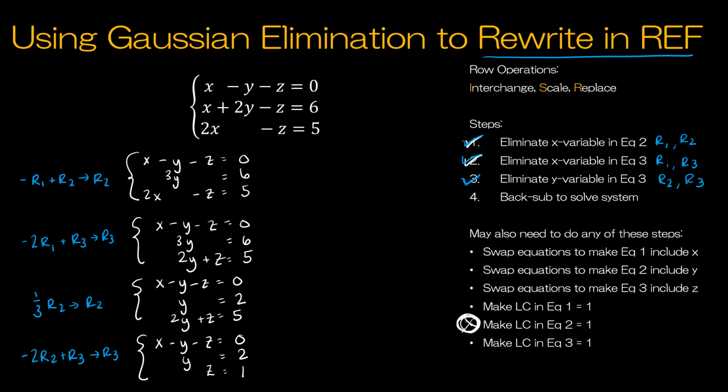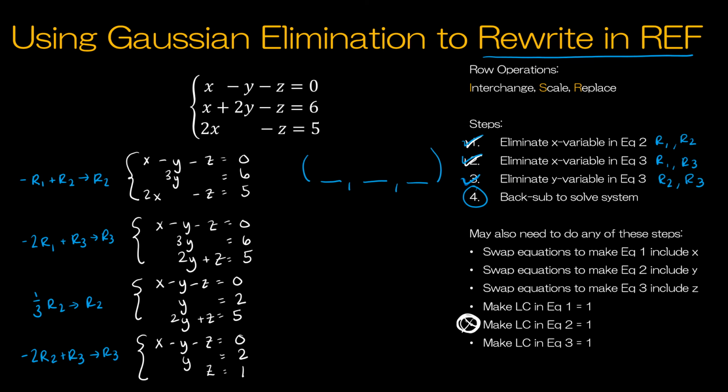So if I were only asked to rewrite in row echelon form, I would stop right here. I'm done. But now they're asking me to solve. So use back substitution to solve the system. Again, we're going to have 3 values, an x, a y, and a z. Keep in mind that could be x1, x2, x3 instead of x, y, z, and it would be the same